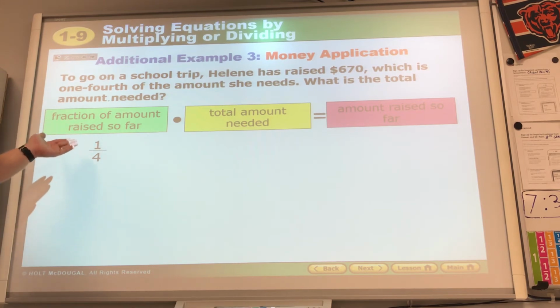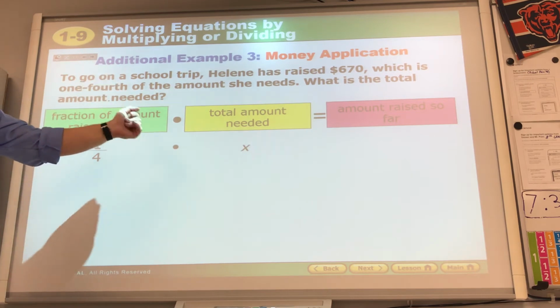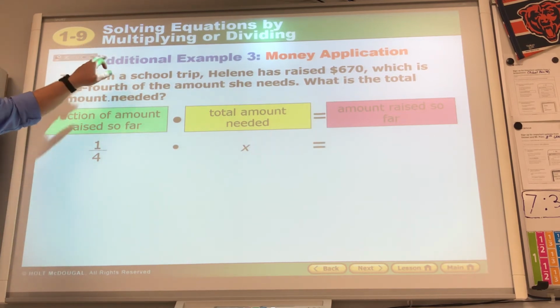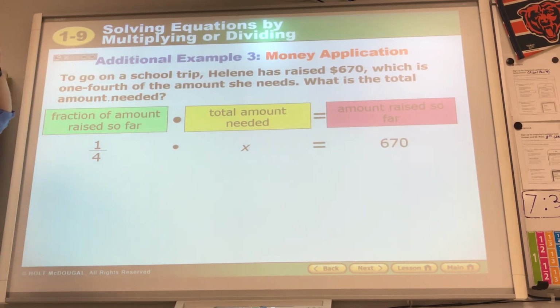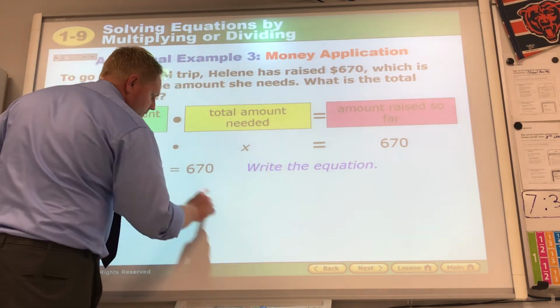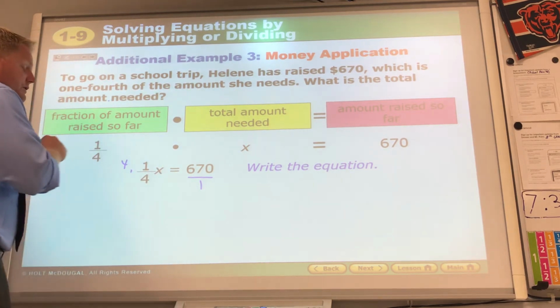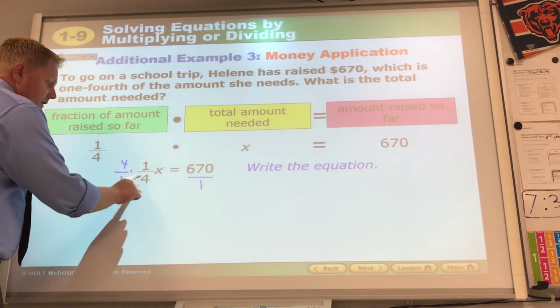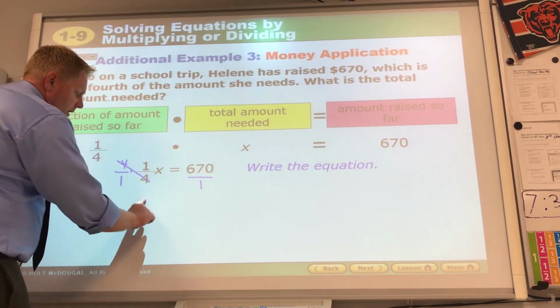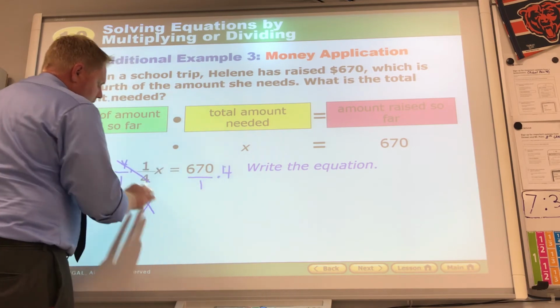1/4, she needs to raise 1/4 of the total money. Total money, we don't know. So that's the X. Then we know she's raised $670 so far. All right? So there's the equation. Now we can do the work. I like to think of it as over 1 times 4, just a regular 4, because that's positive. Now we have X times 4, since that's what we did on the other side,